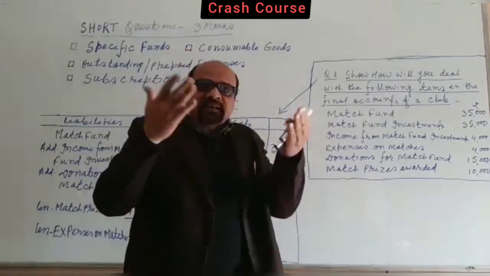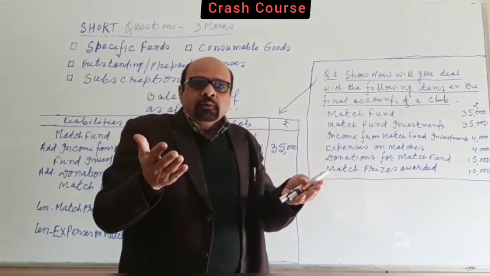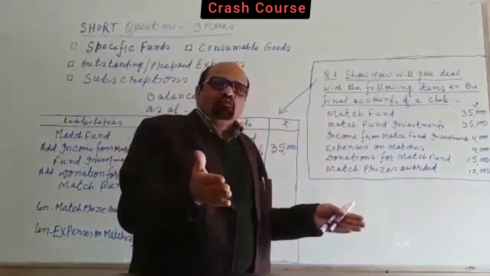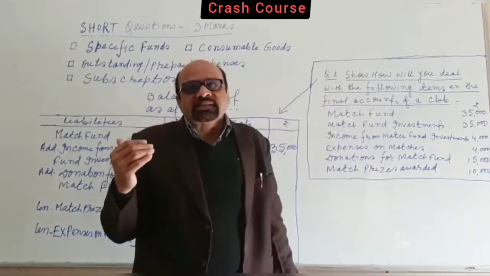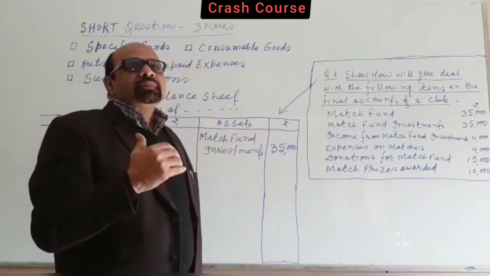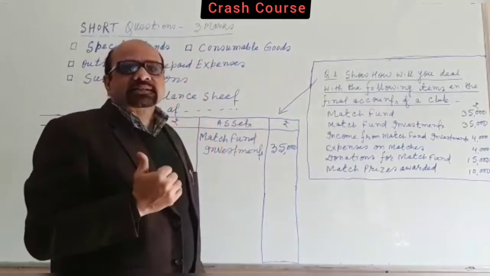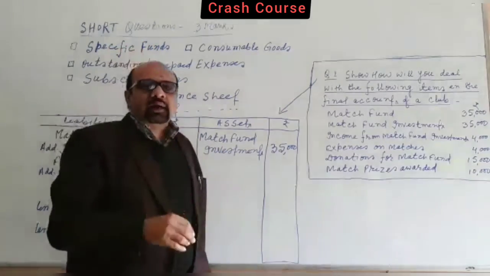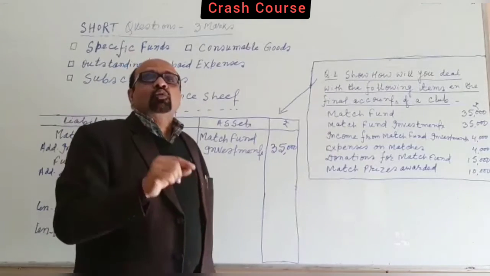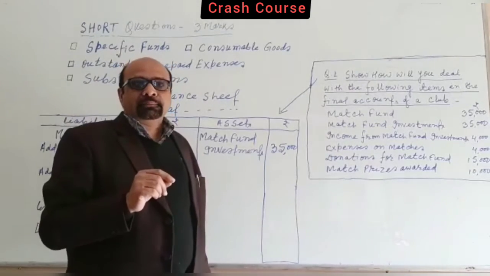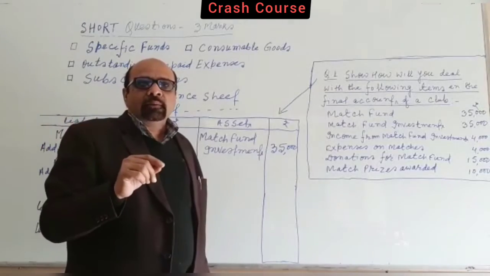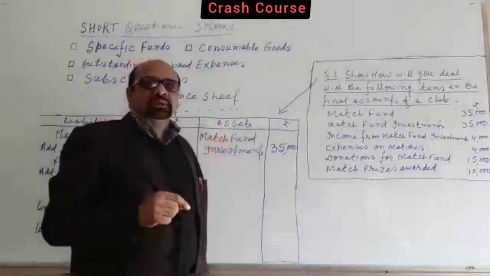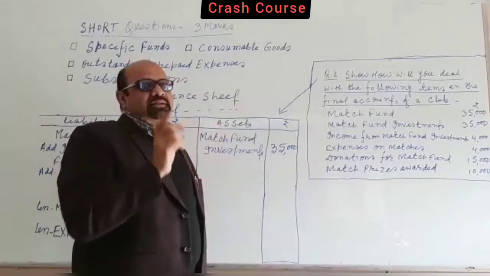If expenses increase, right, that means expenses exceed the fund, in that case we will show it in the debit side of income and expenditure account, that is in the expenses side, because fund, suppose just take an example, fund is 1 lakh and expenses is 1,20,000. That means 20,000 more is required. This 20,000 is shown in the debit side of income and expenditure account as an expense.